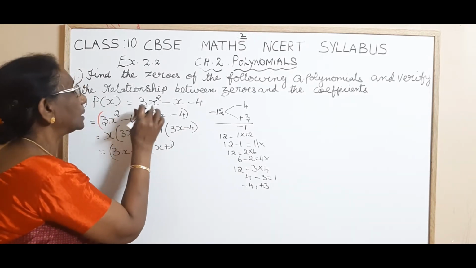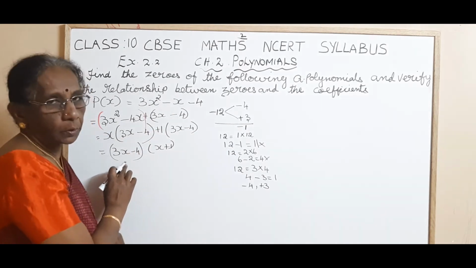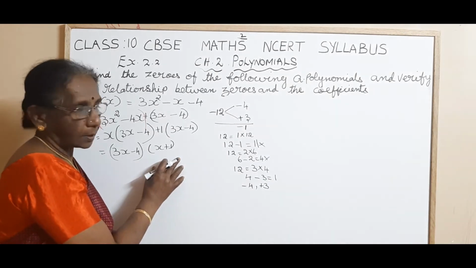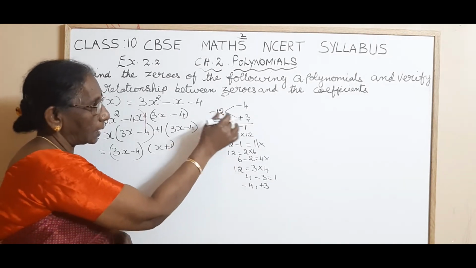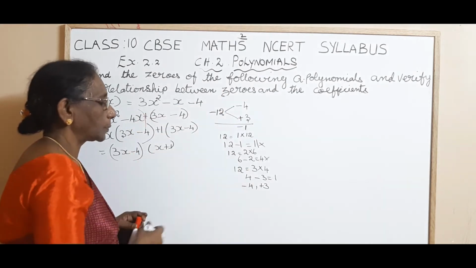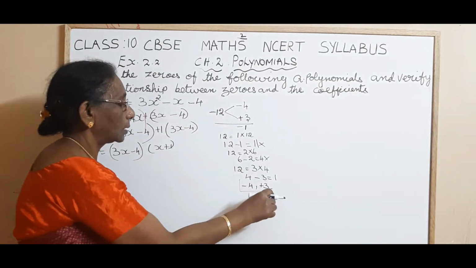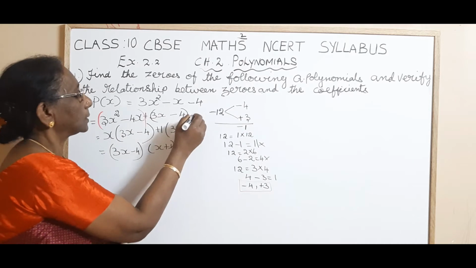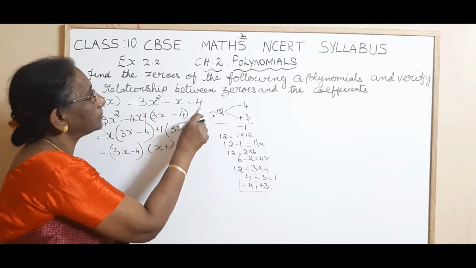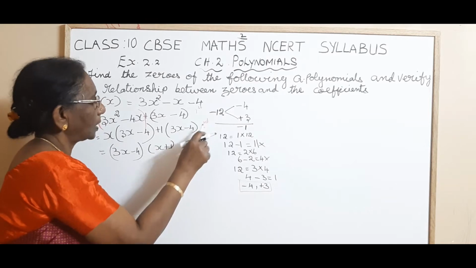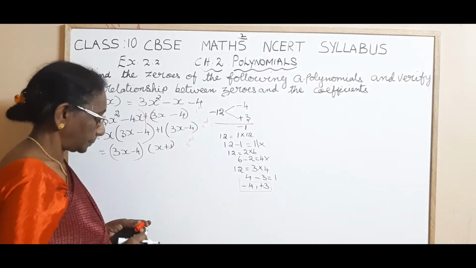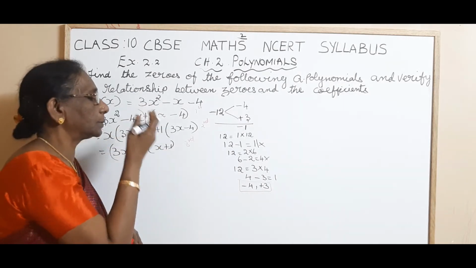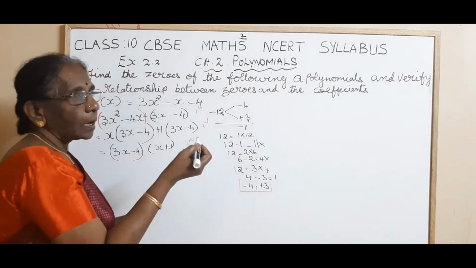So now we have written this given polynomial as the product of two linear polynomials, 3x minus 4 into x plus 1. Okay, children? First step, we have split this minus 1 into two parts, minus 4 plus 3, and then we have factorized using this. This is the first step. This is the second step, and now we reach the final step, the third step. As I told earlier, suppose you don't have time and you are getting confused with this factorization, you can go to the short method.